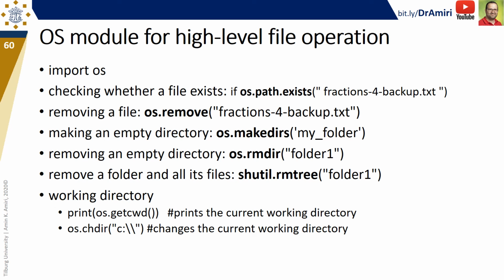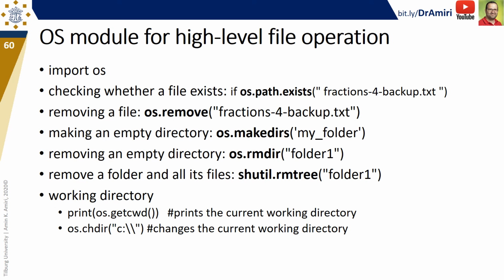Note that sometimes it's very important to figure out what the working directory is. So for example, in the first line, you try to figure out if the file fractions-4-backup.txt exists or not. Note that when you don't provide a path, the current working directory is going to be used for any operations, and that is usually where your Python file is, or